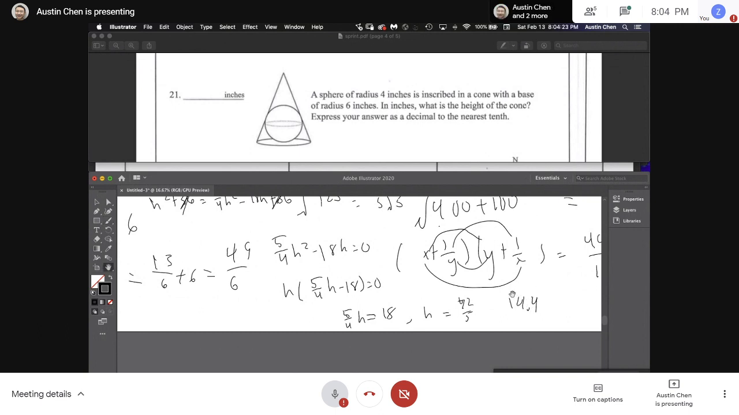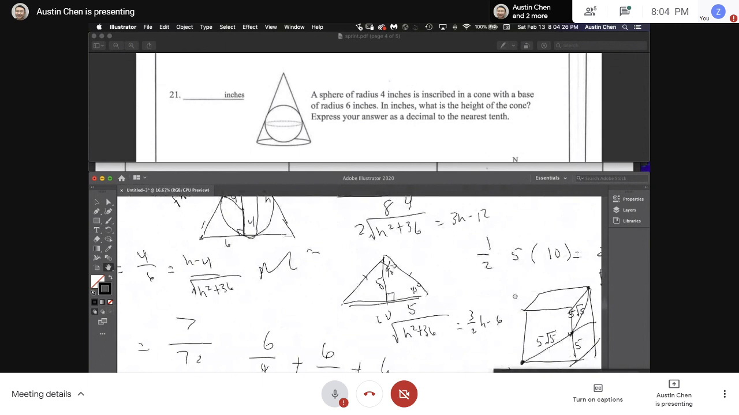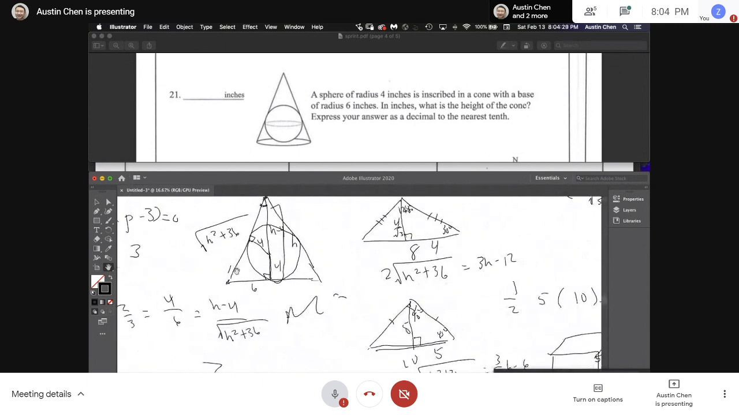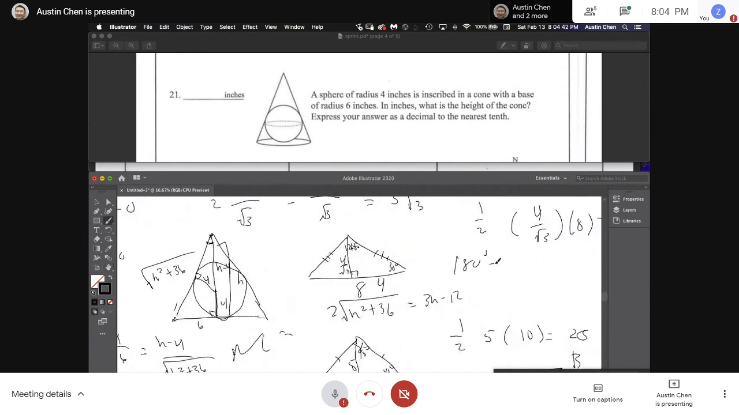So, I feel like this way is pretty fast. If you were doing the trig way, if we were doing like 180 degrees minus an angle,